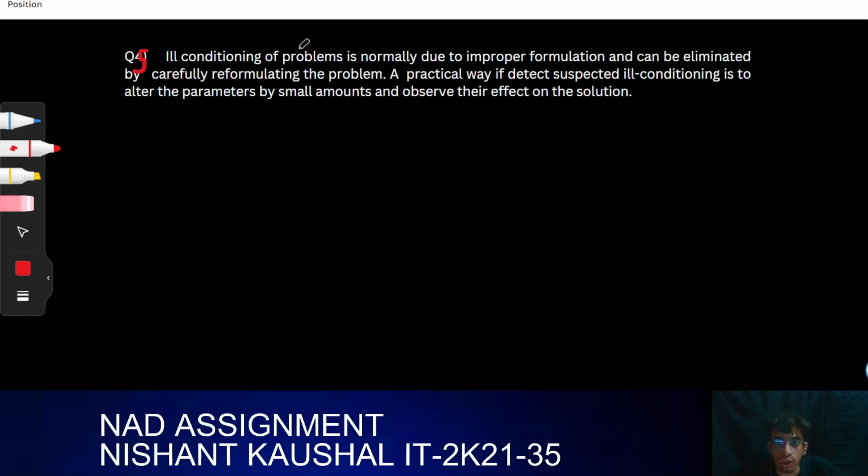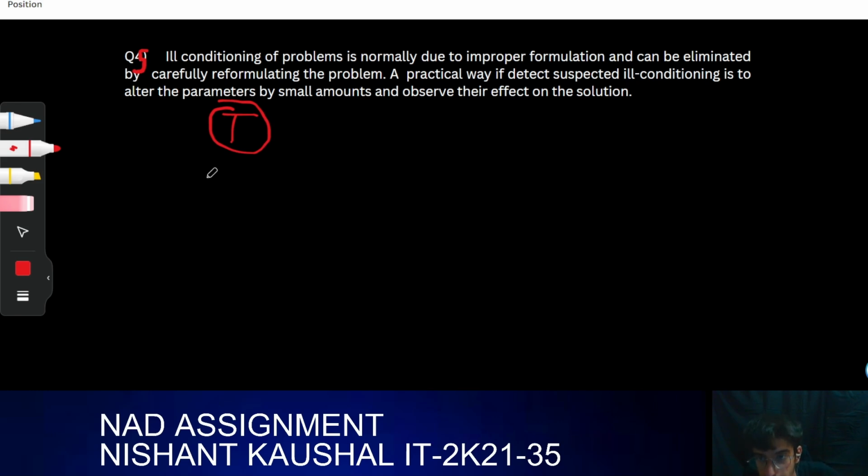Ill conditioning of a problem is normally due to improper formulation and can be eliminated by carefully reformulating the problem. A practical way, if we detect the suspected ill conditioning, is to alter the parameters by a small amount and observe their effect on the solution. Yes, this should be true